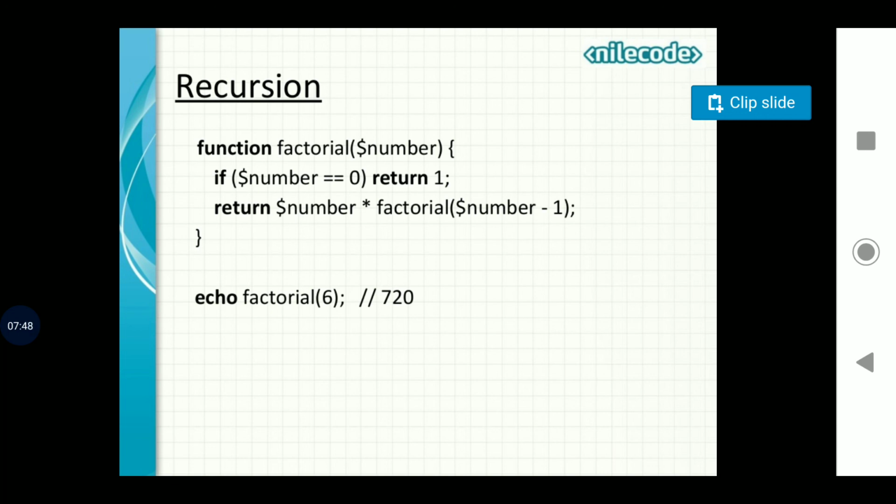So it will be multiplying 1 into 2, then 2 will be stored on the stack, again 2 into 3 will be stored on the stack, which is 6, again 6 into 4, 24, 24 into 5, 120, 120 into 6, 720. Finally you will have only one value present in the stack, which is 720, and that is the final answer which will be returned to the main program.